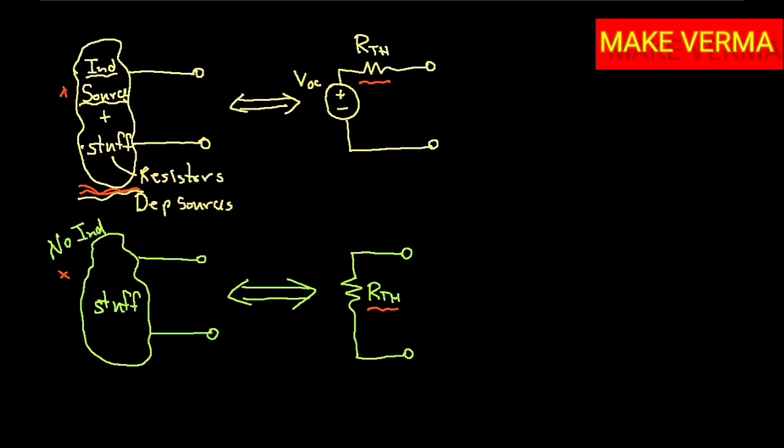So when I say that these two are equivalent, that is, this whole bunch of stuff and this single circuit with a source and a resistance, what I mean is that the voltage-current relationship of the two are the same. If I draw the voltage-current